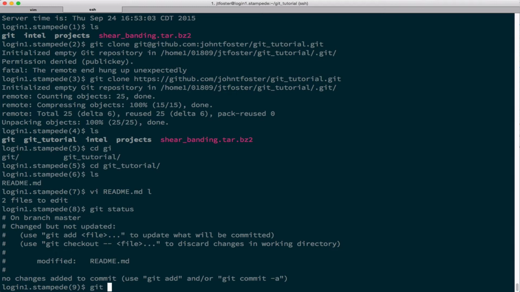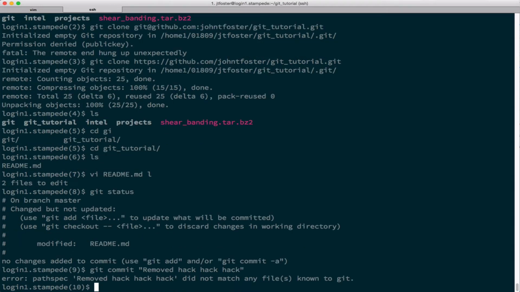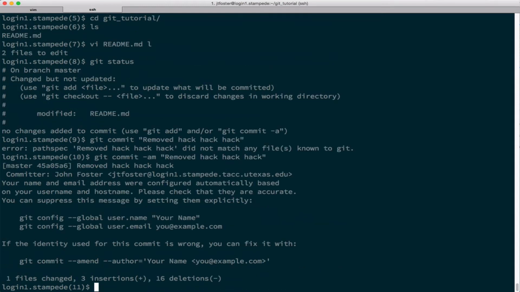physically at TACC, in that same repo. So then I would git commit, removed hack. I'm sorry, I forgot my -am, right? So -am. All right, and it wants me to put some git config stuff. I think I can skip that, but now if I push it back to origin master,